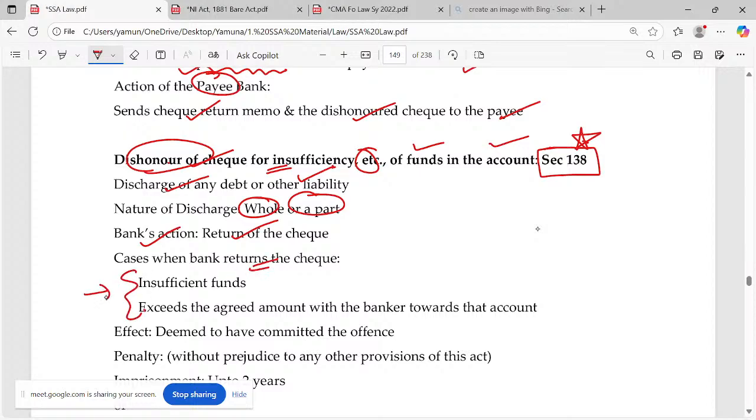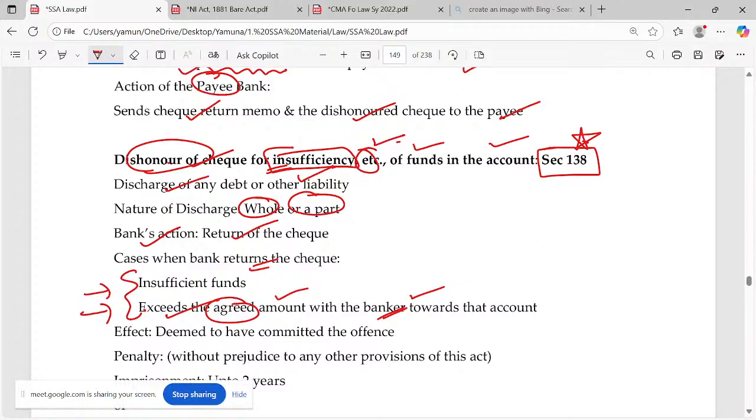Yes, please tell me. One is insufficient funds. It's there in the heading itself. Etc., or the etc. meaning: the amount exceeds the agreed amount of the banker. எங்கேயாவது ஒரு condition வந்து set பண்ணிருப்பீங்க. For example, if you're doing some online payment, you have set the transaction limit, you cannot pay more than 50,000, you cannot pay more than 1 lakh. அந்த மாதிரி transaction limit செட் பண்ணிருப்பீங்க. ஏதாவது பேங்க் கிட்ட தெரியாம செட் பண்ணி வச்சிருக்கீங்க, but bank records-ல இருக்கும்ல. So if that amount is exceeding the agreed amount which you have directed the banker, then definitely the check will be dishonored.